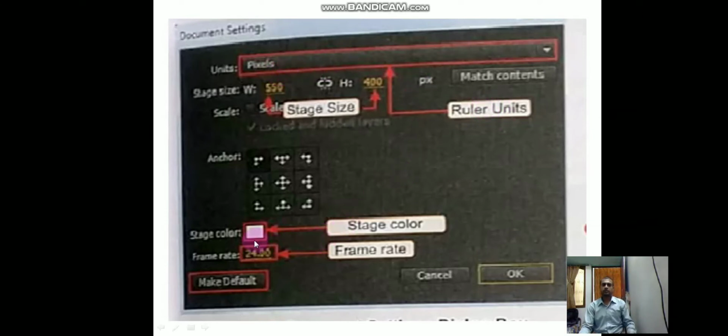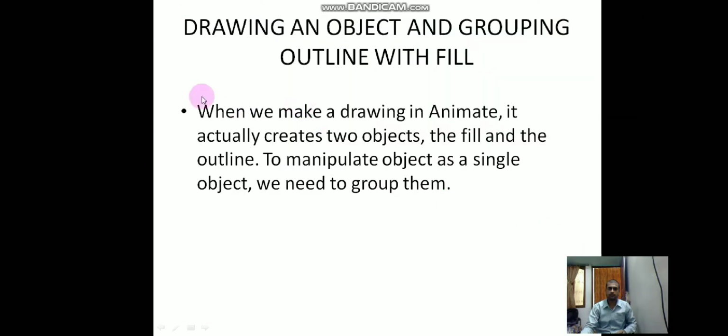The stage color we can also change. Here the stage color is white by default, and the frame rate is 24. This we can set and change according to our use. After all this we have to press the OK button.